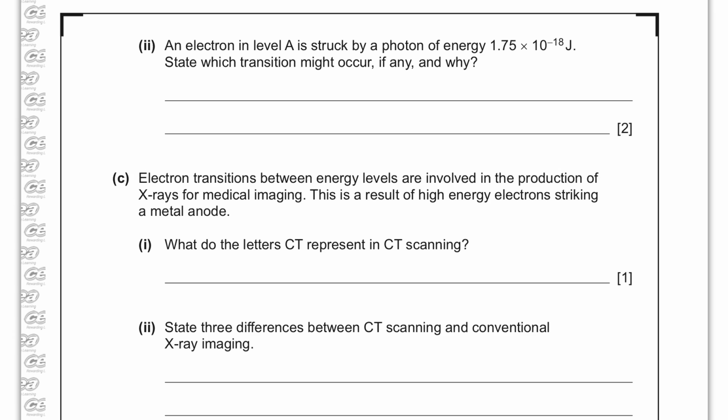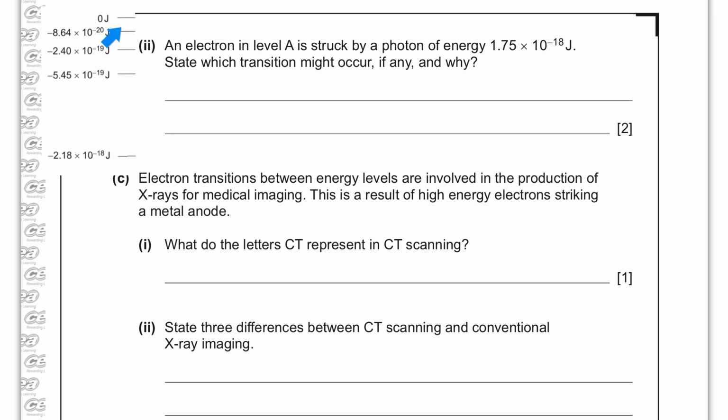Part 2. An electron in level A is struck by a photon of energy 1.75 times 10 to the minus 18 joules. Which transition might occur, if any, and why? So let's look at that energy level diagram again. What we're basically asking here is, is this value 1.75 any of these transitions? Is the gap between any of these transitions exactly 1.75? And if you look at it here,